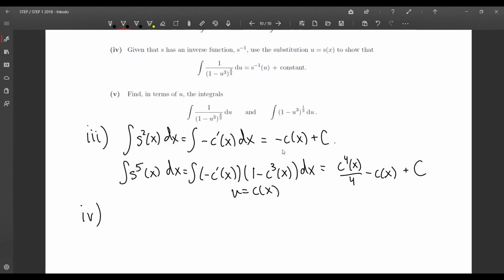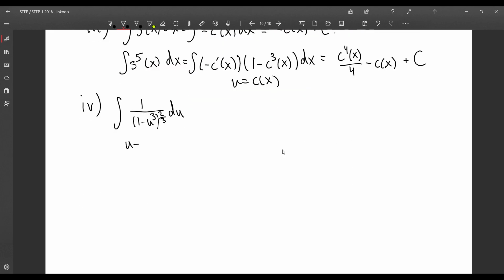Given that s has an inverse function, okay, so we have 1 minus u cubed to the 2/3 du. Interesting. So u equals s of x, du is going to be c squared of x dx. That's going to give us here